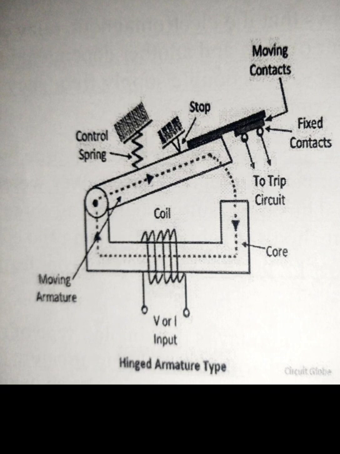In the induction relay, the electromagnetic relay operates on the principle of the split phase induction motor. The initial force is developed on the moving element, which may be a disc or another form of rotor, a non-magnetic moving element. The force is developed by the interaction of the electromagnetic fluxes with the eddy current that is induced in the rotor by these fluxes.